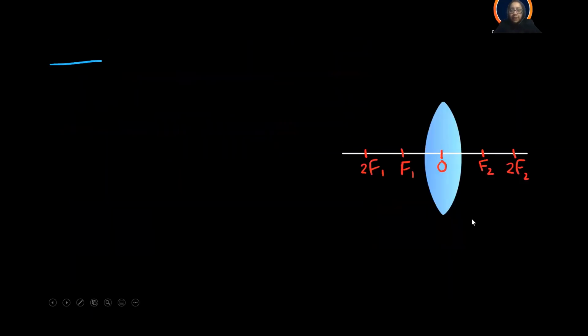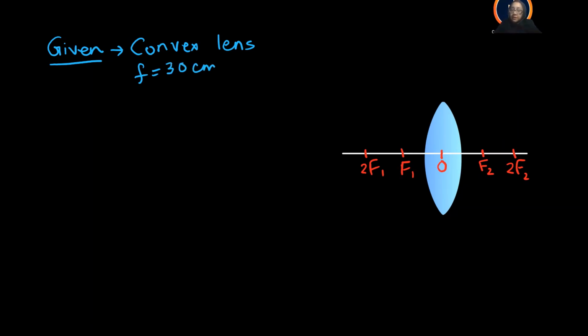Now I will explain you with the help of this diagram. So if this is the convex lens and it's the principal axis, for example, this side is 2F1, F1 and F2 and 2F2, all are equidistant. And here the given thing is that it is a convex lens. Whenever you see a question, you'll see what type of lens is there. Now focal length is given as 30 centimeter. So you can understand, and 2F1 is 60 centimeter. And object distance is minus 40. It is given. And as I told you, while considering the sign convention, always the object distance will be negative.